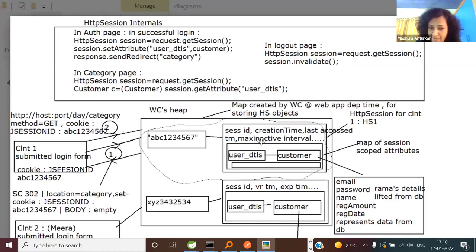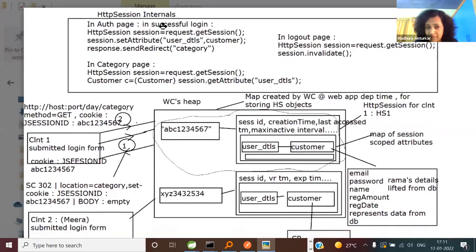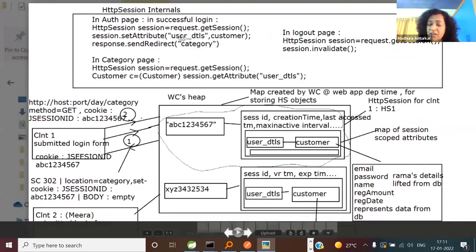and HttpSession internally maintains the attribute map. So let me ask you, listen to the question. When this line is executed, request.getSession, which map gets populated? Your choice is the outer map or this attribute map, which I'm calling the inner map: outer or inner or both or neither. Answer is only the outer map. Are you getting this? So this is what happens as the first line. Now, when you say session.setAttribute, which map gets populated, outer or inner? Outer is the session holder map, inner is the attribute holder map. Inner map gets populated. Got it so far?